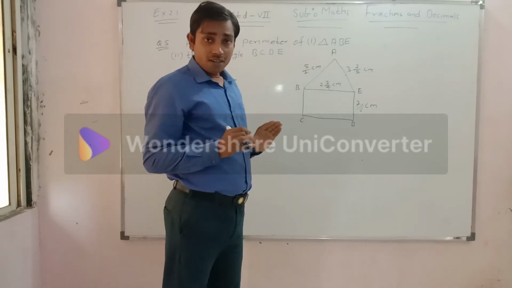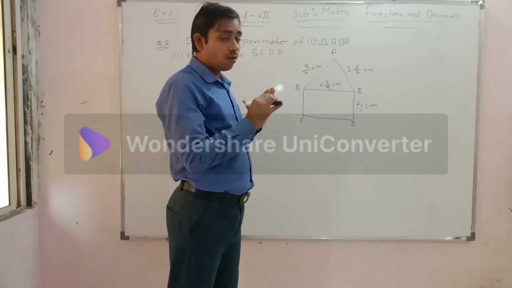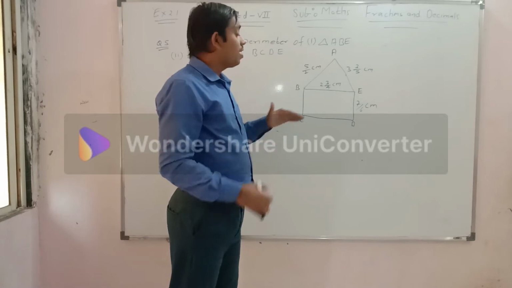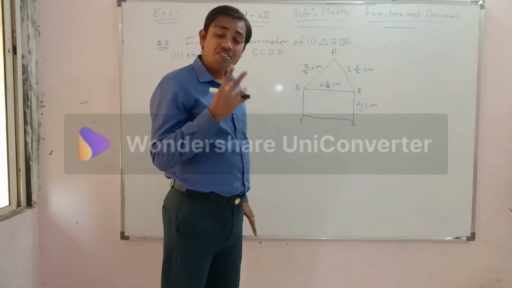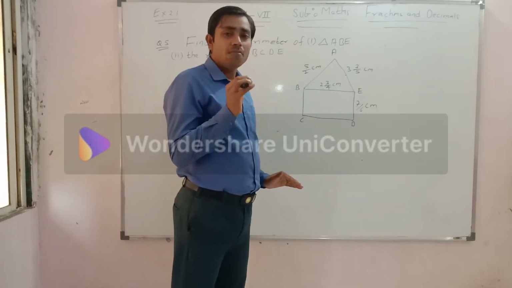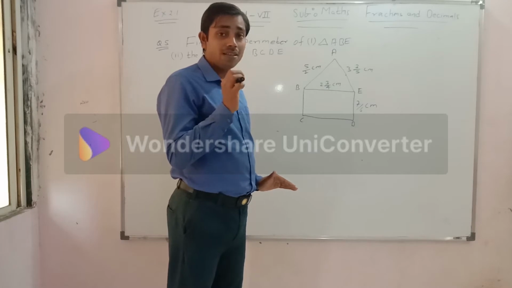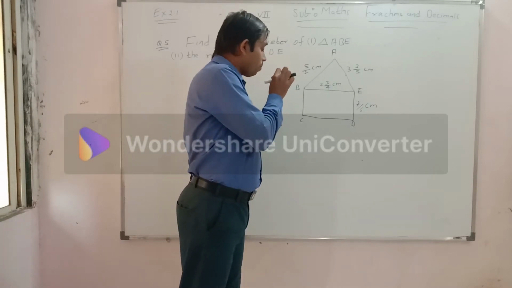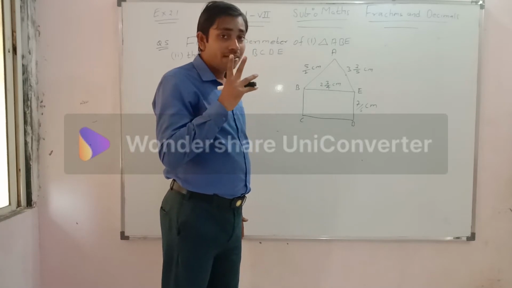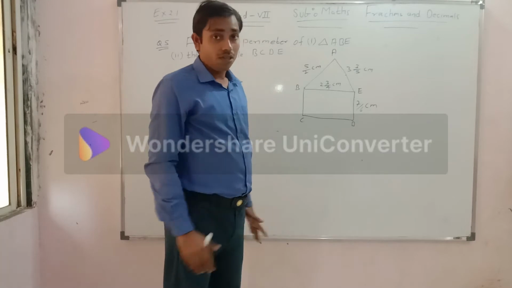What do we mean by triangle? A closed shape which has three sides and three angles is called a triangle. In other words, it is a polygon which has three sides. The meaning of the word itself tells us: tri means three, angle means angles. So any polygon which has three sides and three angles is called a triangle. Okay, now come to the point of what to find, my dear students.